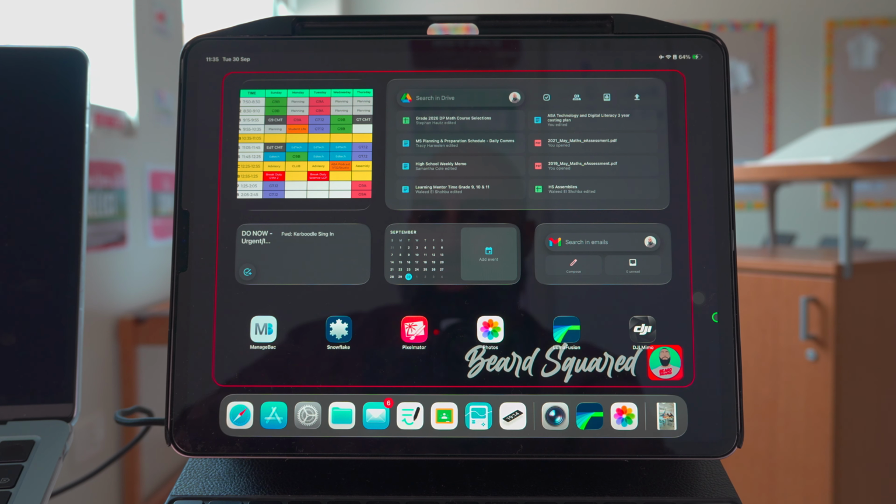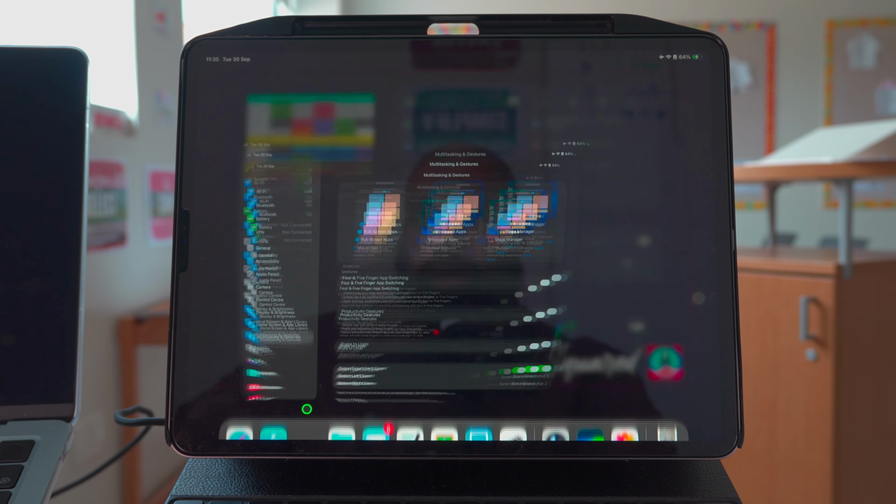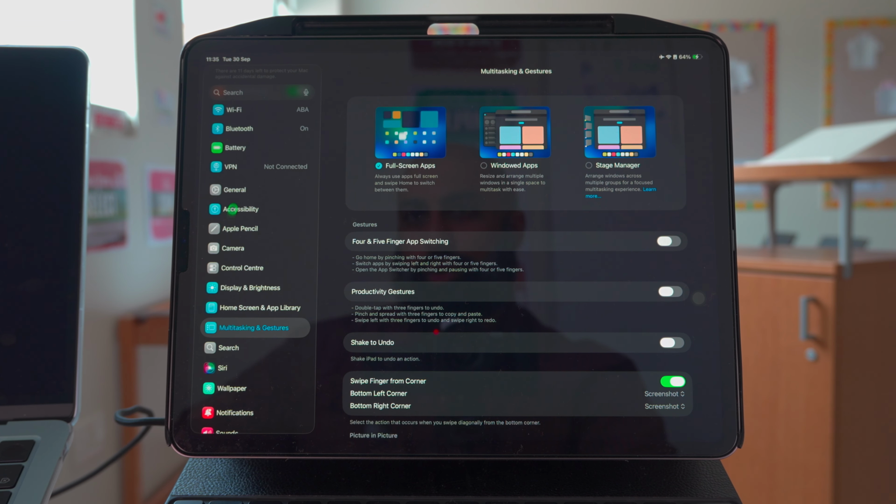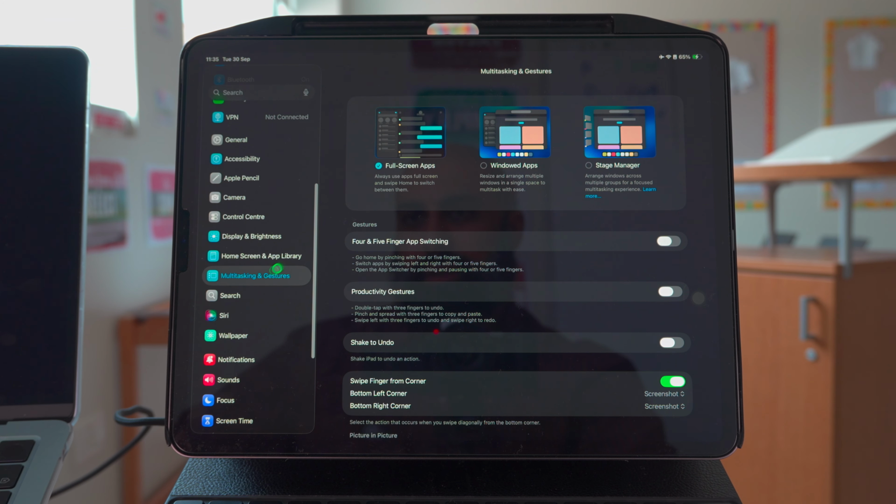So this is real quick. I would suggest when you go to your settings, go to multitasking, keep this on full screen apps. I'll show you why in a second. Keep that as full screen apps. And then